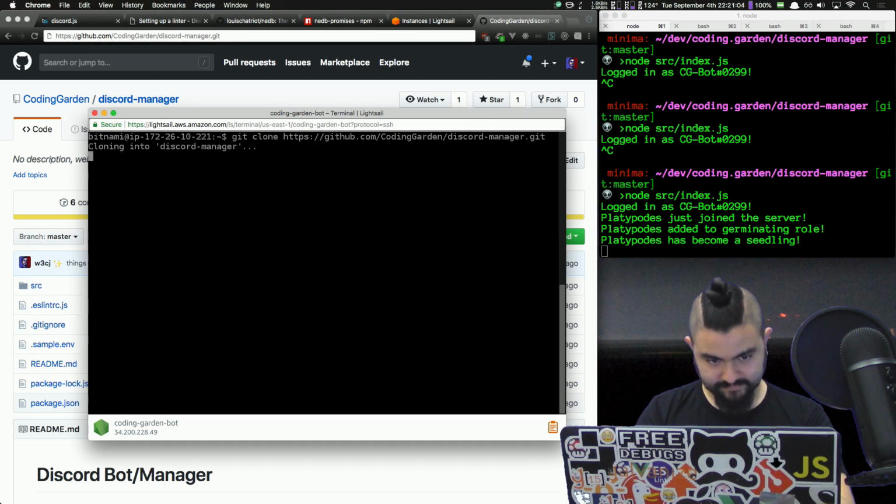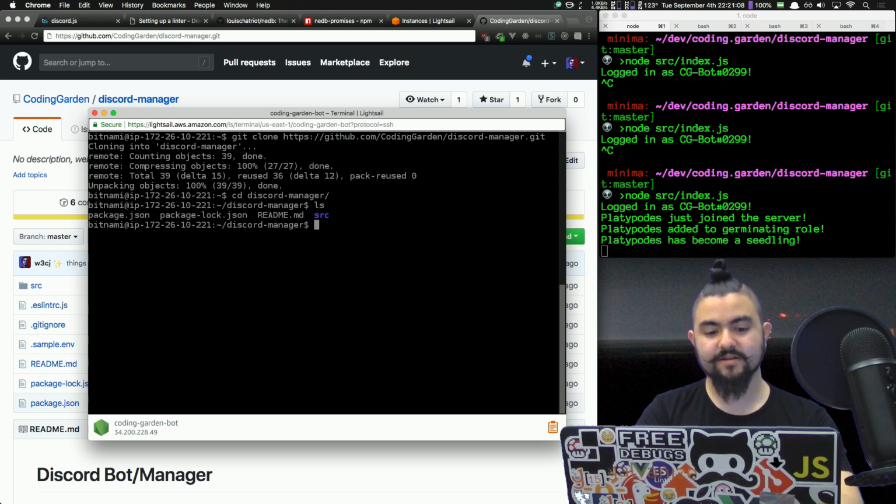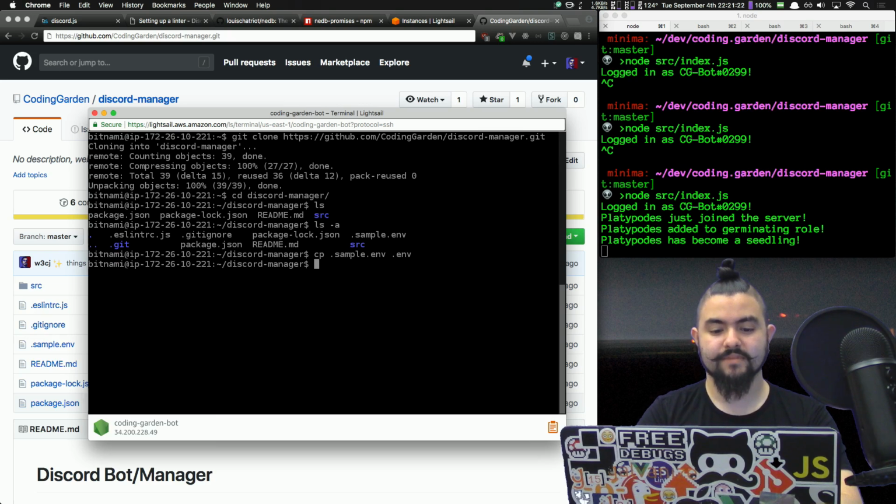github.com/codinggarden/discord-manager.git. Cool. So now the code is here. There is a sample env, and we need to create a .env. So let's copy the .sample env to the .env. And then we're going to need to edit the .env. We're on a remote machine, so we can use something like VI,